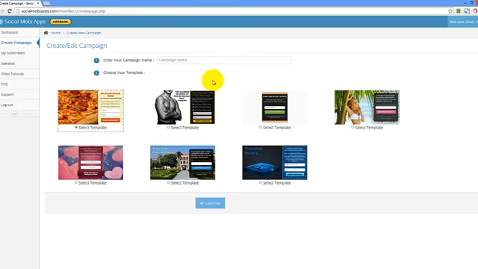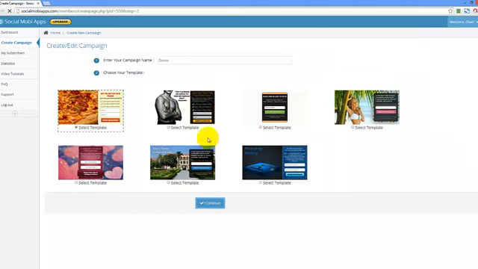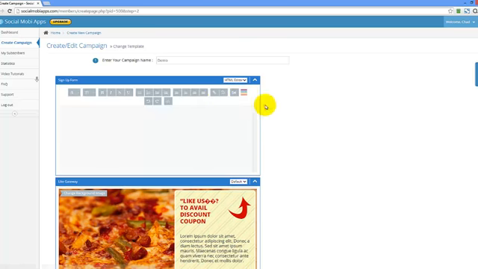I'm going to come over here, create a new campaign. This one I'm just going to call Demo. I'm going to go ahead and choose this template right here. Okay, we're going to click continue. In this drop down, I have the ability to set it for default like we did in the first demonstration. I can set it to be an HTML editor, okay, where we can use our WYSIWYG editor. We can do that in all 3 sections and we create our own pages through HTML, or like I'm about